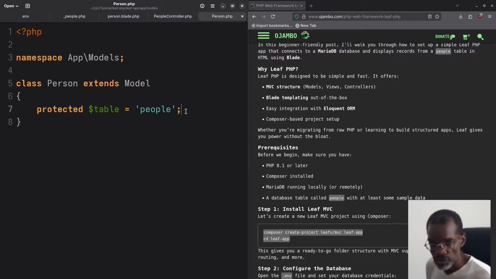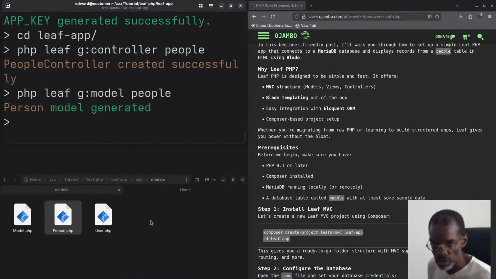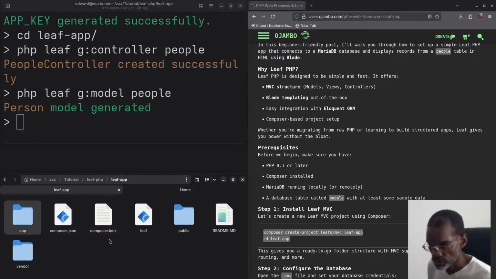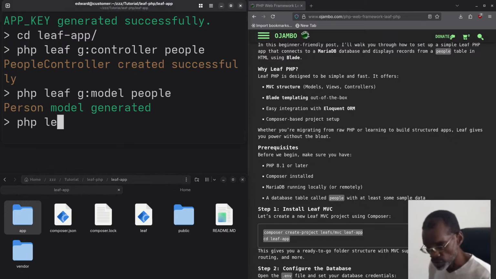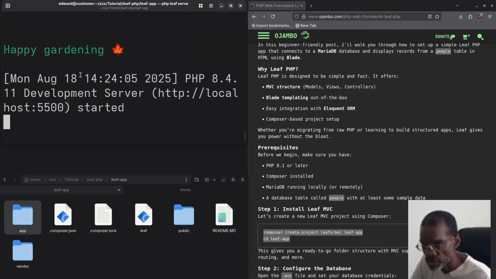So what I'm going to do now is go back to the command line. Where are we on the command line? Yeah, close. Oh, here's the command line. So basically where I am right now, I am right here. And then you see we need this one. So for the server, you just type php leaf serve, and you press enter. So you can see it says happy gardening. And you see now it started the server. Remember, it's on localhost 5500. So what I'm going to do now is I'm going to open up the